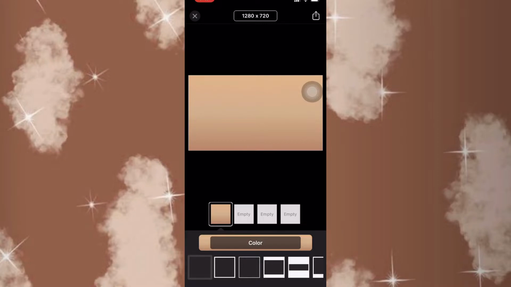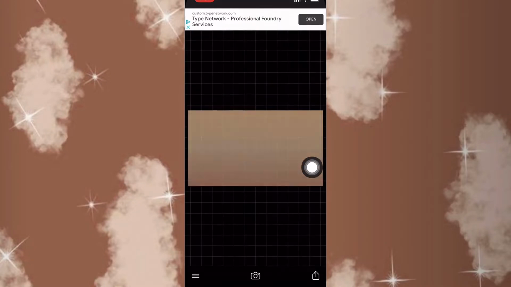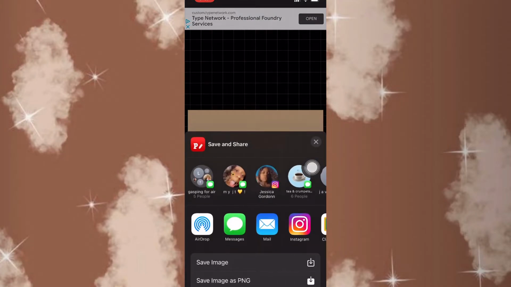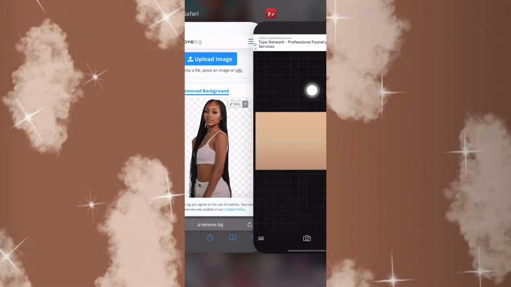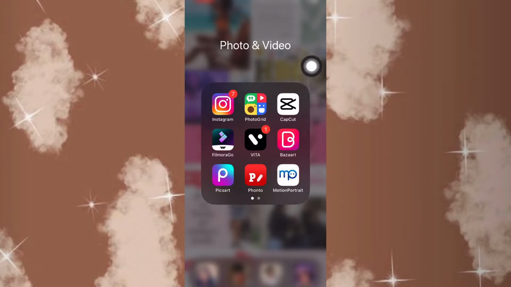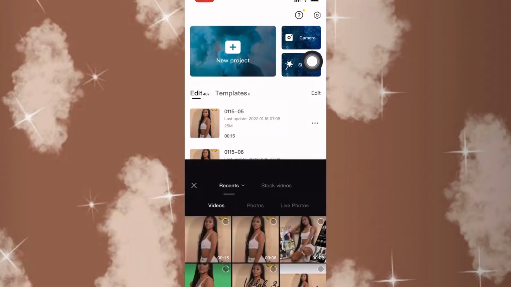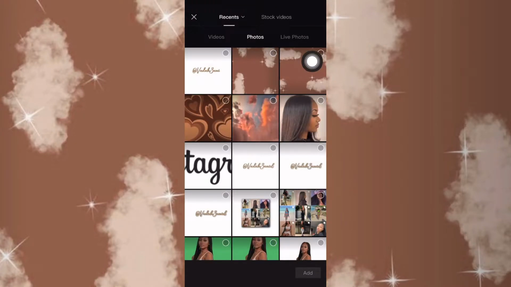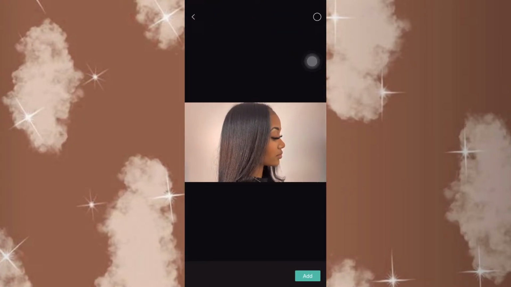So this is what it should look like. So now we're just gonna save it. Click this, click use, and then click save image. So now finally we can get to putting all of these things together. So now you're gonna click CapCut, where we're gonna make the whole project. So the first thing you want to do is you're going to click the image that we created,